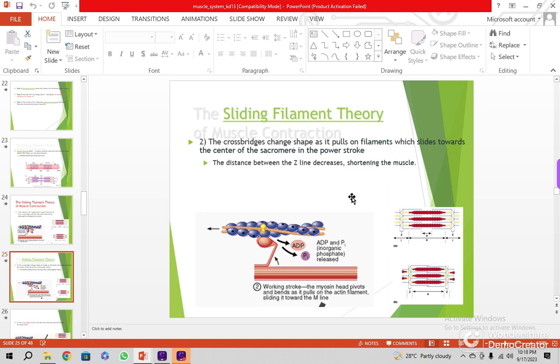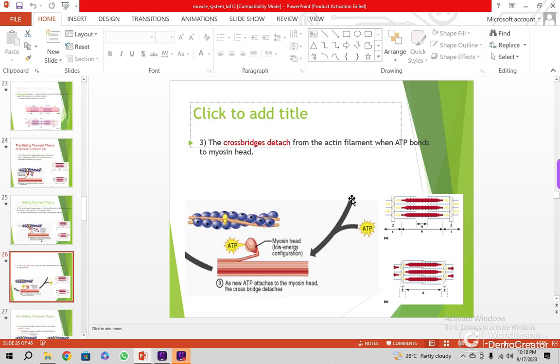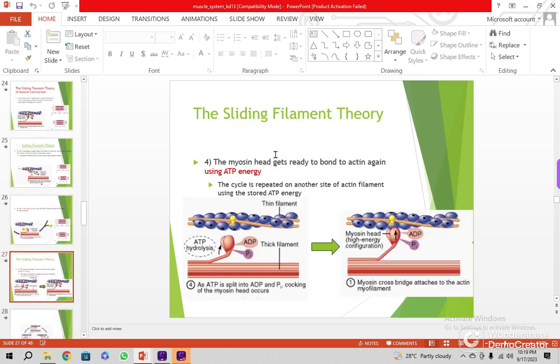अगर आप चाहते हैं इसको अच्छा तरह आना। ये cross bridge detach from the actin filament, उसके बाद वो डिटैच हो जाता है, काम खत्म हो जाता है। Then ATP binds to myosin head, जब एटीपी बॉन्ड कर देता है मायोसिन के हेड को, तो क्रॉस ब्रिजिंग का उसका काम खत्म हो गया, that's all. वो रिलैक्सिंग में आ जाएगा। और इसी तरीके से myosin head gets ready to bond to actin again, फिर using ATP energy, वो same cycle repeated. आप ये सार्कोमेयर पे अप्लाई करेंगे, फिर बंडल पे, फेसिकल पे, फिर होल मसल पे अप्लाई करते हैं।